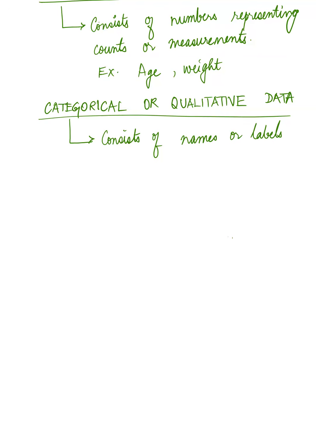So when I say names, we could, for example, talk about gender, right? So the gender would be male or female. So you have names or labels that describe that gender option. Sometimes it could be shirt numbers